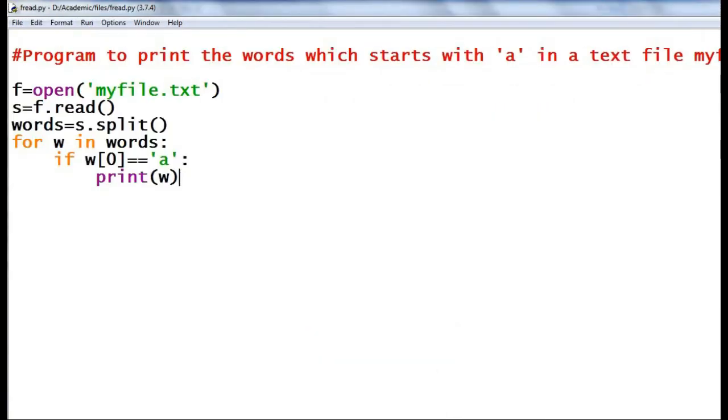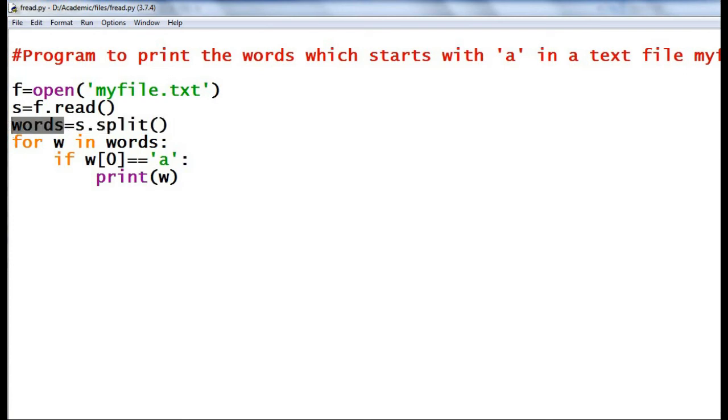So once again, the read function will read the entire content of the file and return the content in the form of a string. So s is a string. Then we have to split the string into words, that is using the split function. Then the split function will return the words in the form of a list. That list is stored in the variable words.